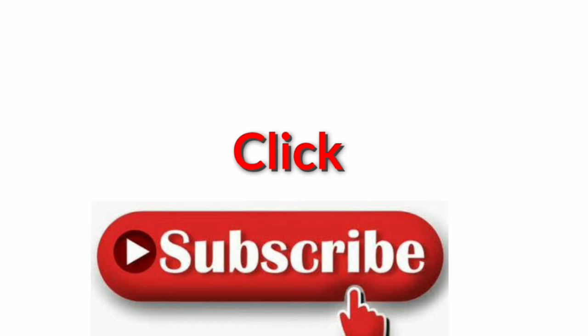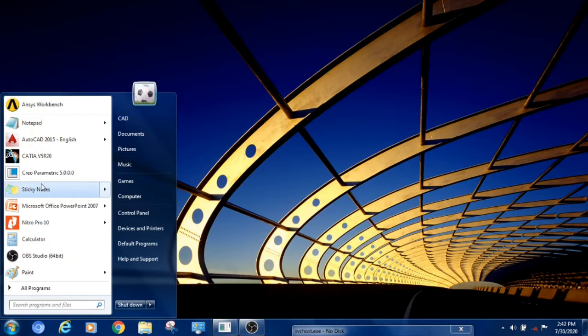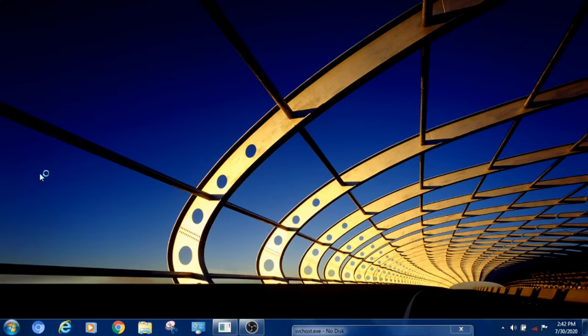So let us start with our lesson 1. Creo Parametric is developed by PTC company. And whenever you are working in any design software, first we have to set the units. So whether you are going to work in mm, inches, feet, centimeters, that depends on your drawing. So for that, first you have to read a drawing and we have to set the dimensions.